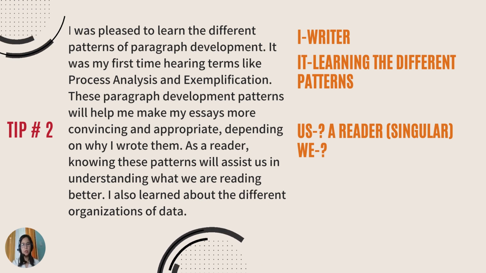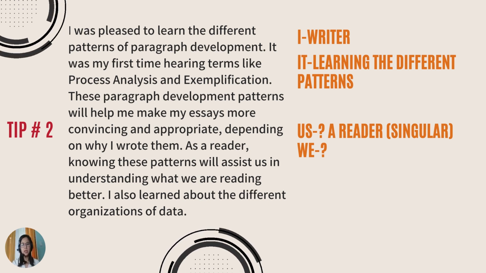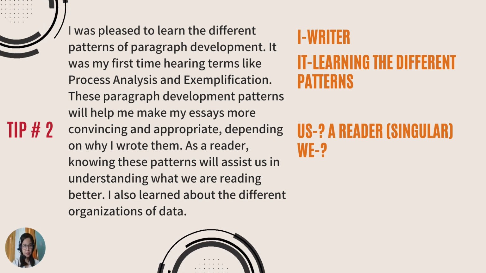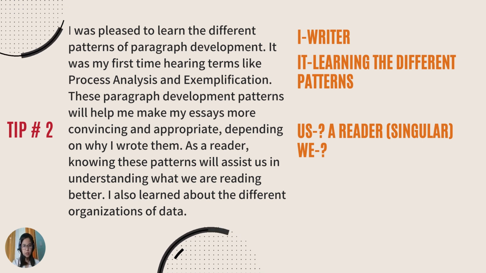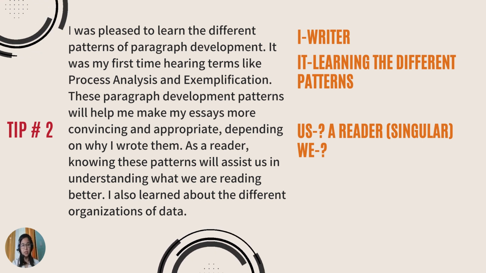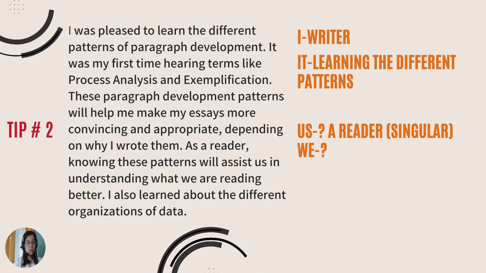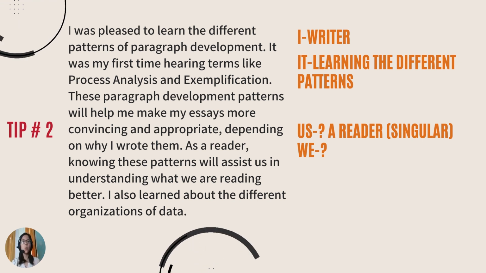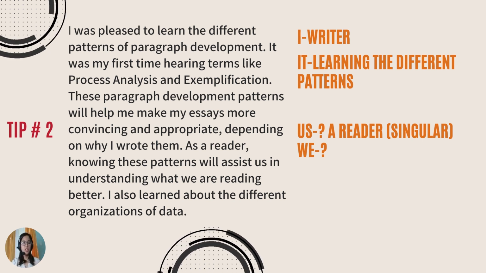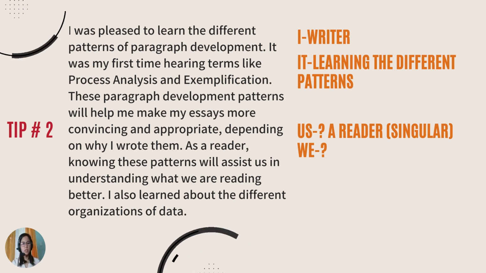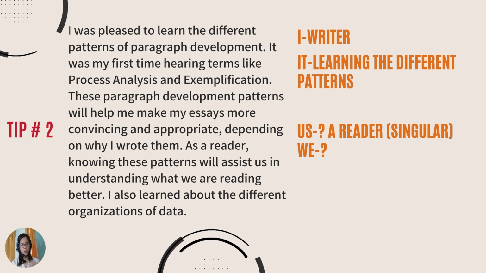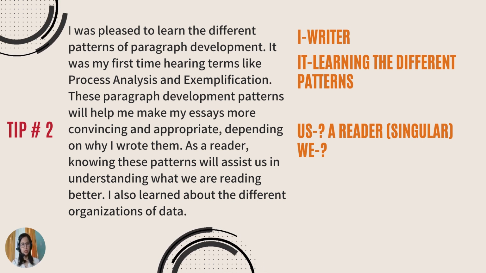So the other pronouns used in the second to the last sentence are us and we. What are the antecedents? Is it reader or a reader? If that is the case, then that is singular. So it does not agree with the antecedent. Us and we, these pronouns do not agree with the antecedent reader, because us and we are plural pronouns.